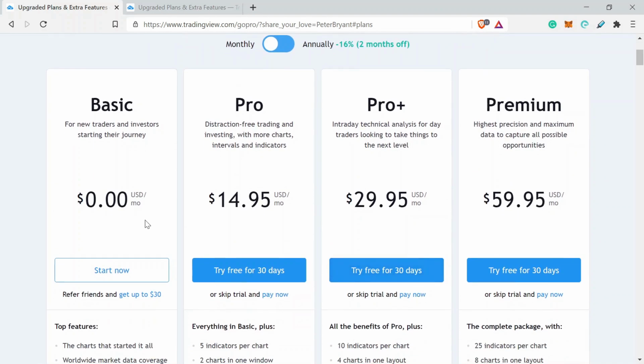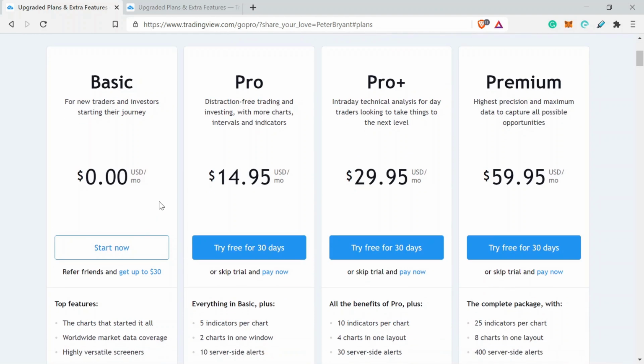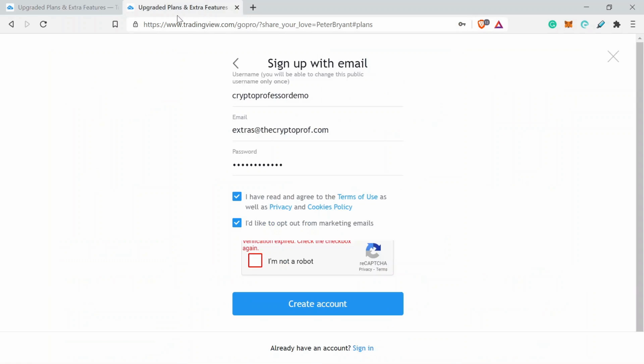As I say, my recommendation is just to start with the basic plan, get your head around it, understand how to use it properly, and then once you find yourself limited by the features of the platform, then you can actually upgrade as you need to. Okay. So if you want to click on any of the plans, okay,